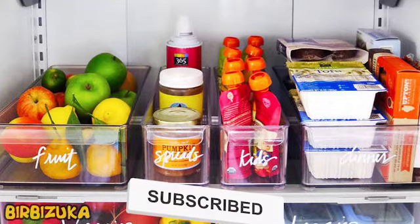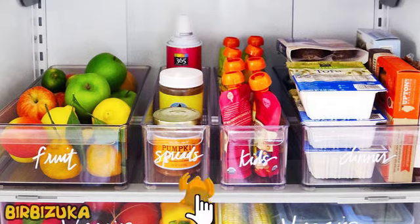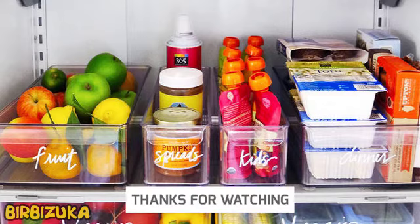Don't overfill your fridge. Too much food too close together restricts air circulation, which can ultimately affect how long your